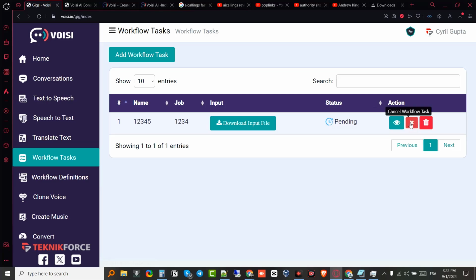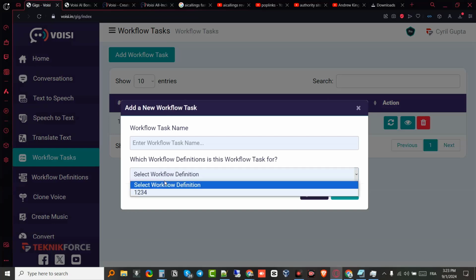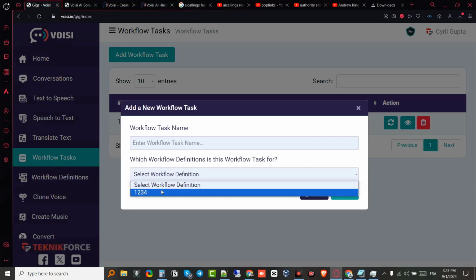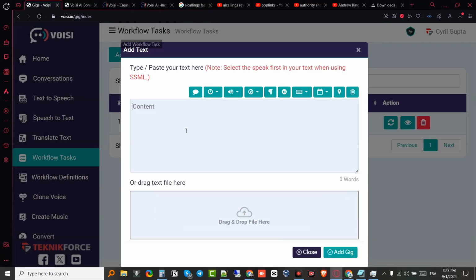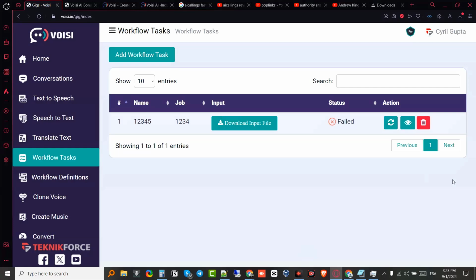Let's go ahead and cancel this one, and let me try to create a new one. Okay, so let's call it this, and click on next, and here you can set up an automation. I'm not sure how to use this, so please check out the tutorial if you happen to pick this up to learn how to use it. I would advise you to do this yourself. You don't have to use the workflow automation. This software is so easy to use that you don't actually need this.